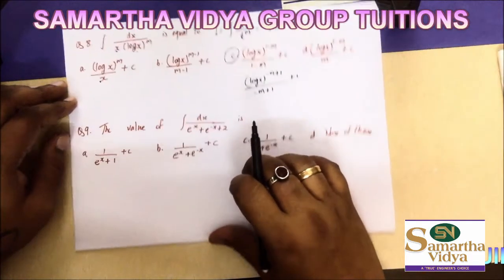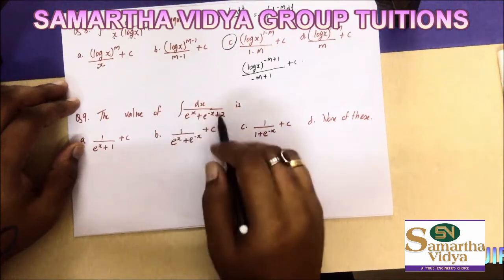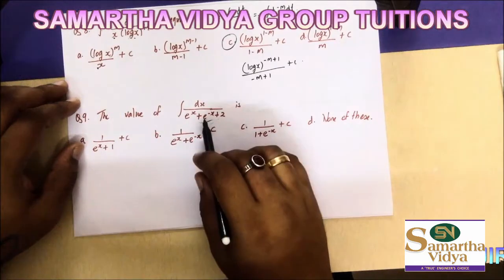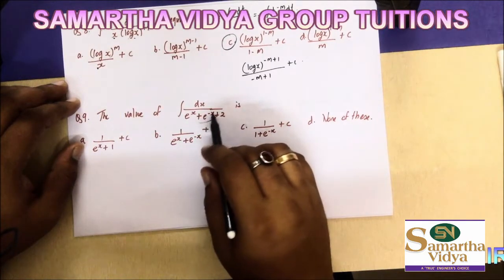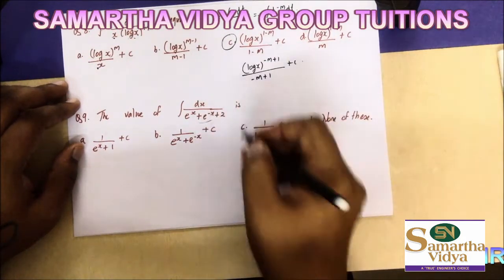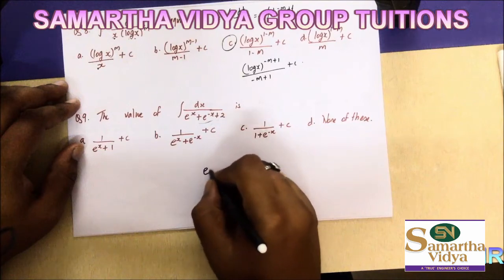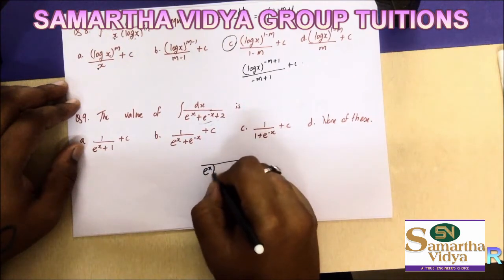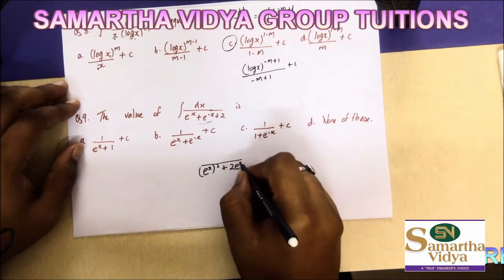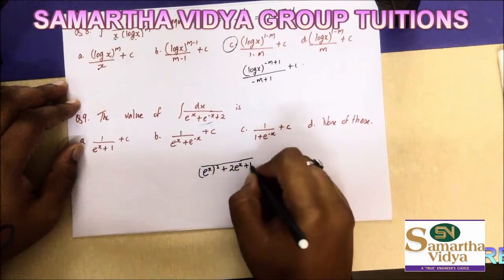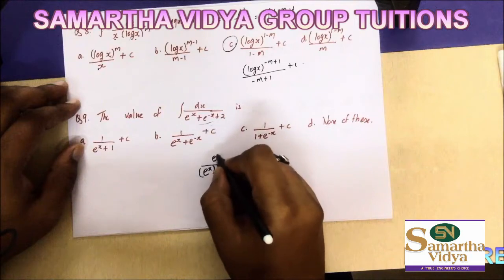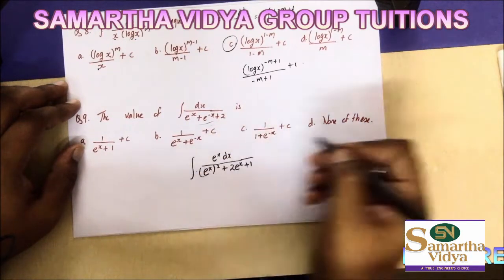Next, moving on to the next one, we have the value of the integral. So this is again an integration which is asked, and we need to find the solution for it. Let us take e raised to minus x and convert it to 1 by e raised to x. In the denominator we get (e raised to x) the whole square, plus 2 into e raised to x, and e raised to minus x becomes 1 with that e raised to x going in the numerator. So this is what the integration will look like.